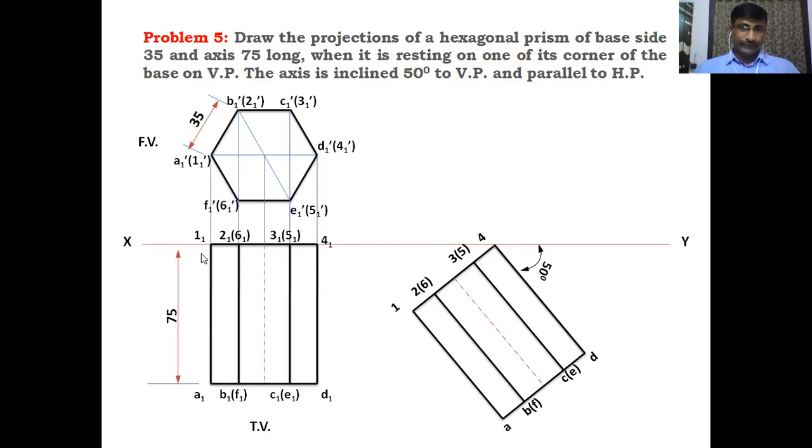If you use the suffix 1, it is in first stage, and without the suffix 1, that is the next stage, that is the second stage top. Okay, after getting these points, after rotating this solid at an angle of 50 degrees with xy, draw the projection lines. This is the top view.